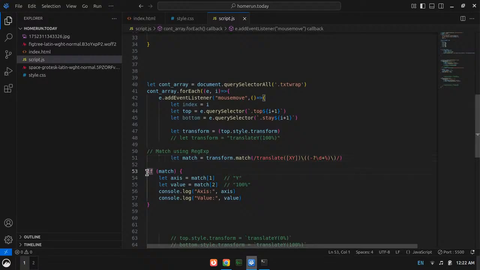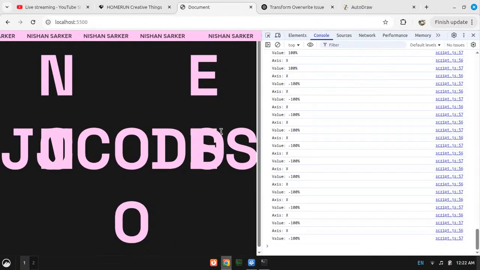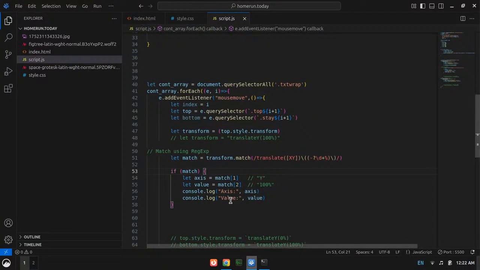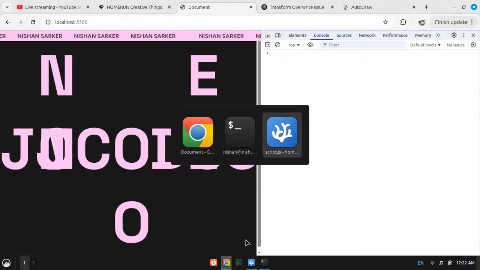I guess I will just move the whole thing here. And now does it work? Okay, it works. Where was I? Here. I will just console log axis comma value.